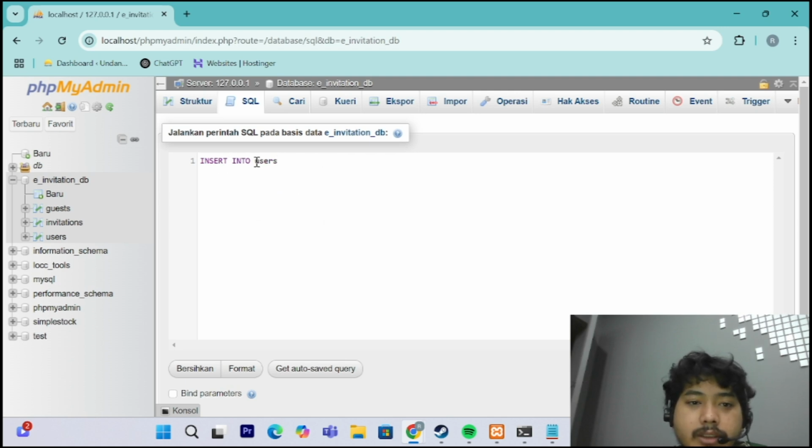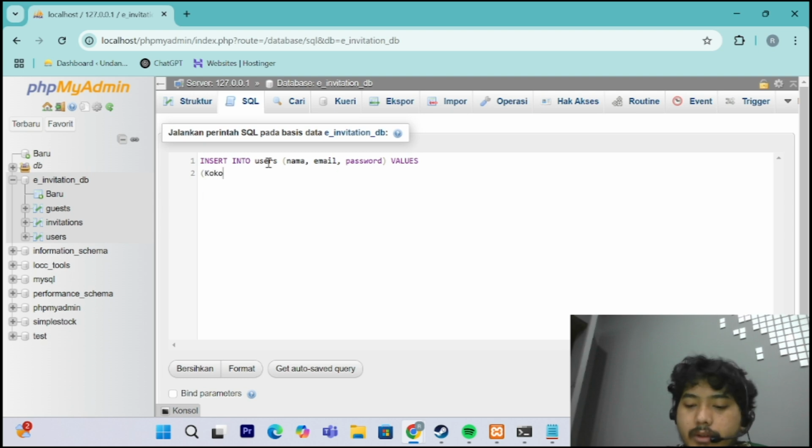Okay, insert into user, and I will insert the name, email, and the password, like this. And we insert the data that we want to add into the table.